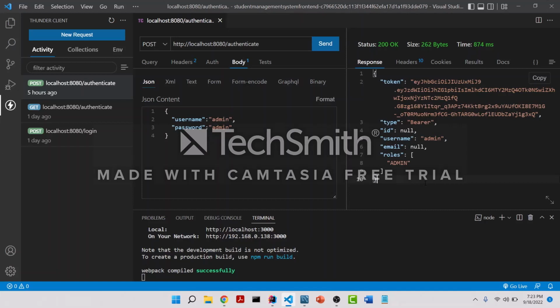Now we are going to design our front end so that the user will be able to log in to the system through the form given to the user. The form would be the login form. Okay, and also we are going to implement the registration form. Okay, so let's start. So the first thing that we are going to do is we are going to add